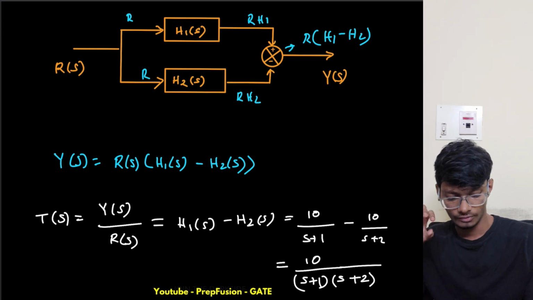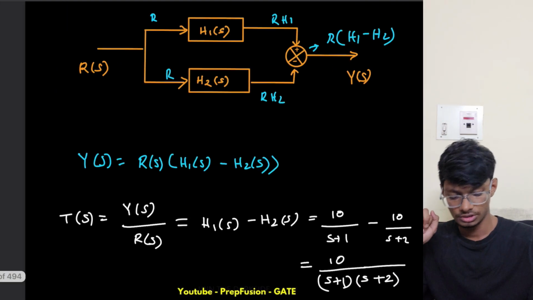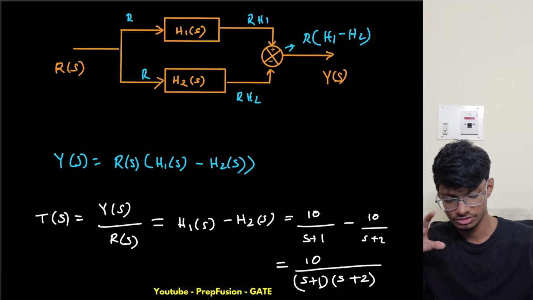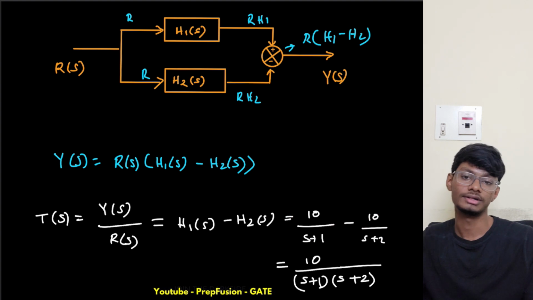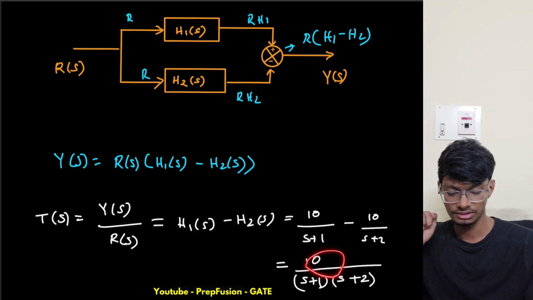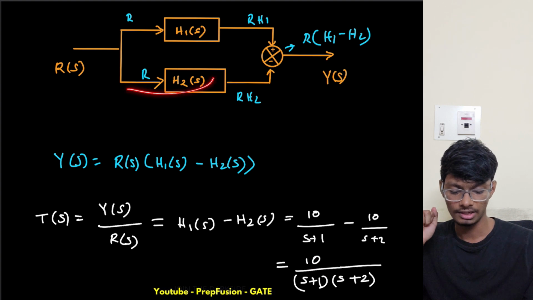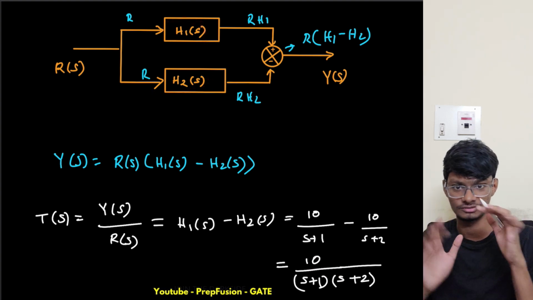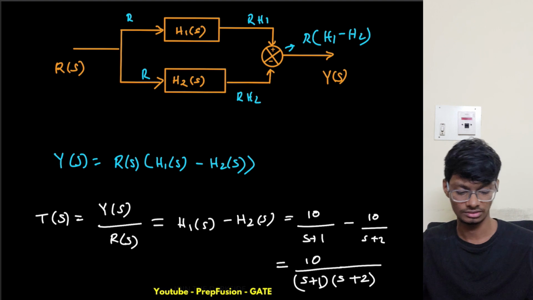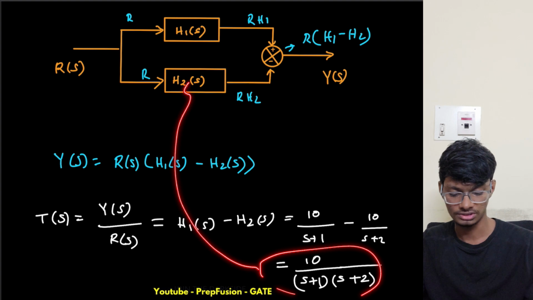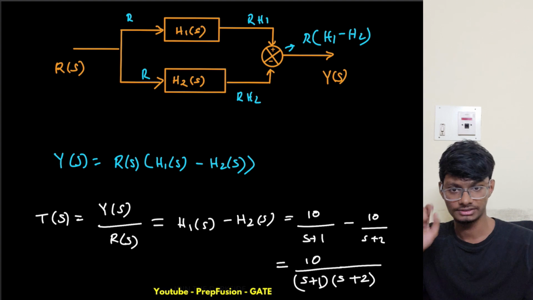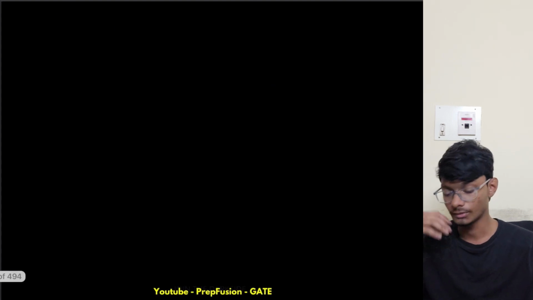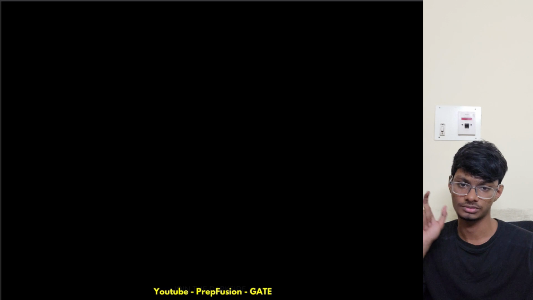Now what do you mean by decomposition? If I want to decompose this transfer function, I will do partial fractions. So what does parallel decomposition mean? Break the transfer function into blocks like this one, and connect them in parallel. So I'm going in the reverse direction. I already gave you parallel blocks and told you to find the transfer function, but in parallel decomposition I want to convert this into blocks like this. So I want to go from here to here. In parallel decomposition we convert the transfer function using partial fractions